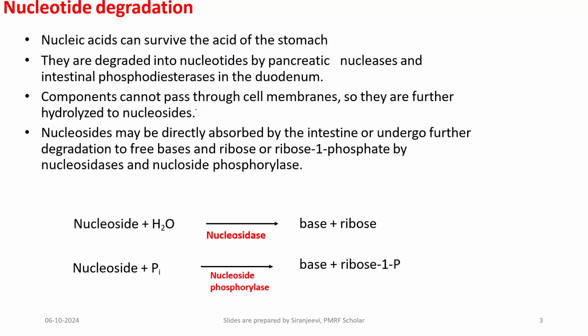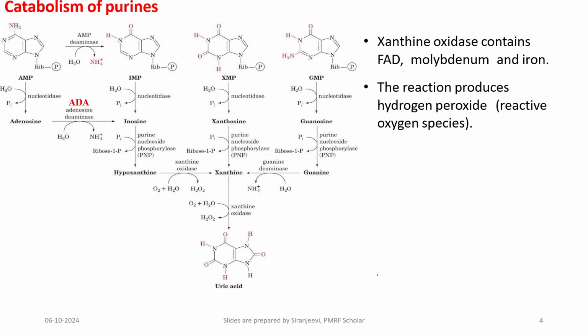If you see, any nucleotide is composed of three compounds. One is a ribose sugar, a nitrogenous base, and finally the phosphate molecule. And any nucleoside, in the presence of nucleosidase, will undergo hydrolysis, and finally it will give the base as well as the ribose. And there is another enzyme called nucleoside phosphorylase. What it does is change the nucleoside into the base and ribose 1-phosphate. So we are going to see how these nucleotides are